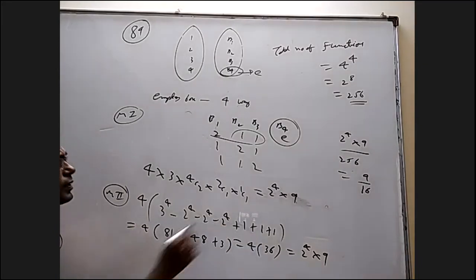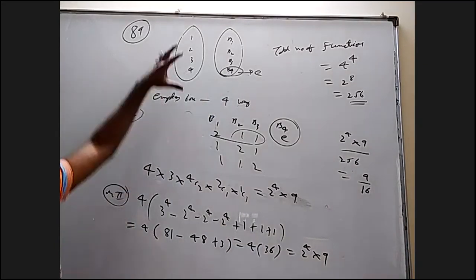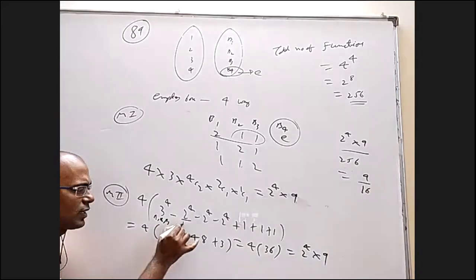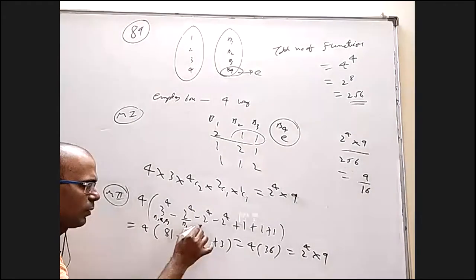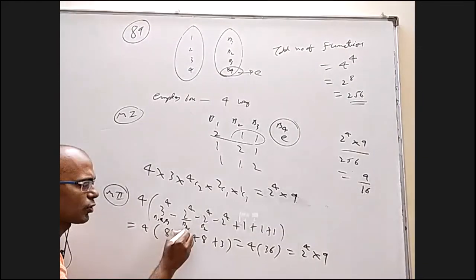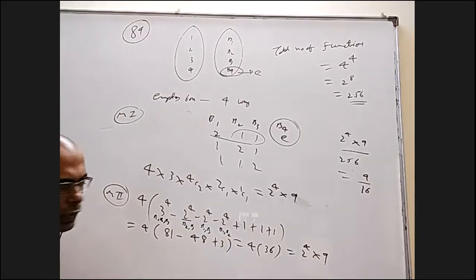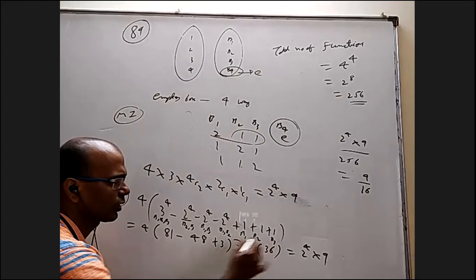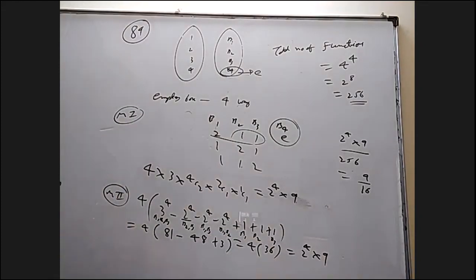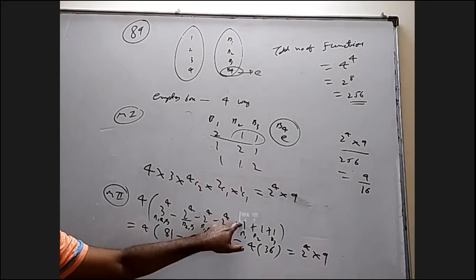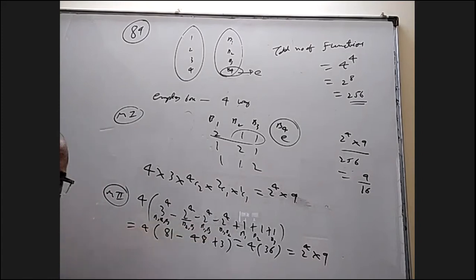If somebody is not clear about this, I'm telling. Already you decided this is empty. From 4 elements to 3 elements, these are functions, total number of functions using box 1, box 2, box 3, where some may be empty, may not be empty. In this, definitely box 1 empty is this many. Definitely box 2 empty is this many. That means we are using box 2 and box 3 here, box 1 and box 3 here, box 1 and box 2. These are all kept in box 1, all kept in box 2, all kept in box 3. One may say, why did we add? We should subtract. No, because all are kept in box 1 is there here, and here. We removed it twice. So to cover that, we have to add once. Is this okay?